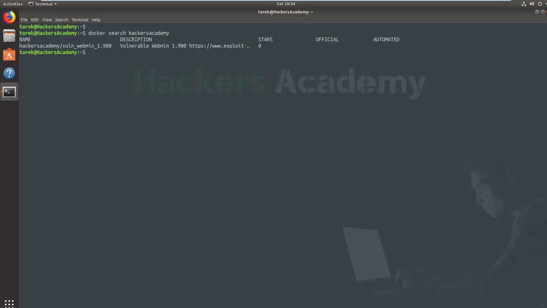and you can see that I already have an image, the vulnerable webmin image, on our Hackers Academy repository. This is the same image that we created in the last video when we created a Dockerfile from scratch, and based on that Dockerfile, we were able to create an image. So now this image is available for anybody publicly to download, play around with, practice some Metasploit skills on, and